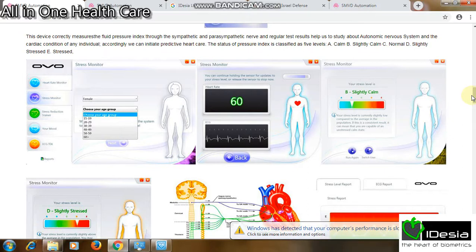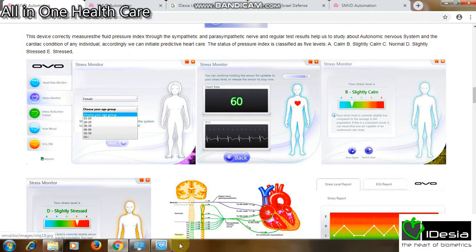The device correctly measures the stress pressure index through the sympathetic and parasympathetic nerve, and regular test results help us to study the autonomic nervous system and the cardiac condition of any individual. Accordingly, we can initiate predictive heart care. The status of the pressure index is classified as 5 levels: calm, slightly calm, normal, slightly stressed, or stressed.